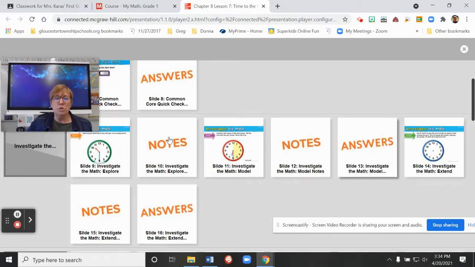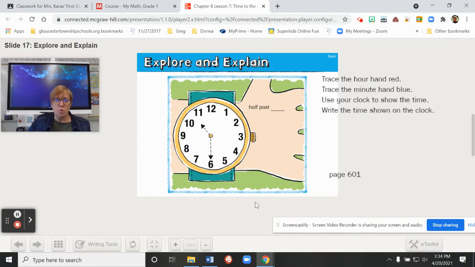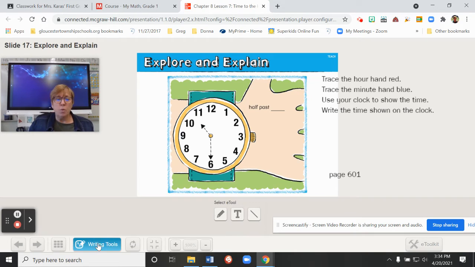All right, so we are going to now go to your math workbook. So here's what you're going to need to do. First, turn to page 601. If you need to pause, go ahead, pause now, and then come back. All right, so this is where you need your red and blue crayon, okay? So what I'd like you to do with those crayons,